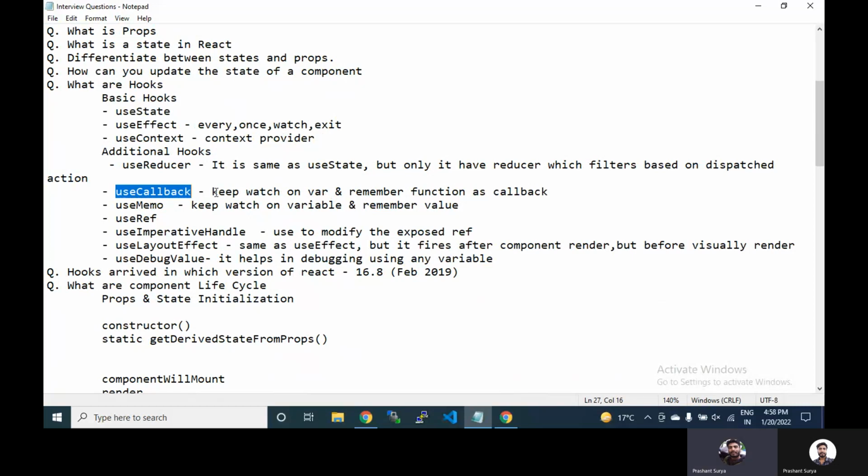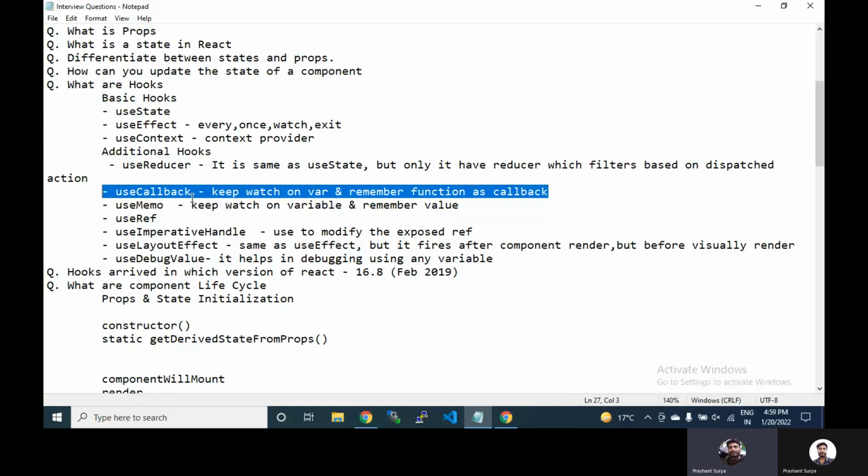So you can keep watch on variables and remember functions as callbacks. It helps in making a component pure. If you make your functional component pure using memo, then you will require useCallback when you pass the props inside that memo